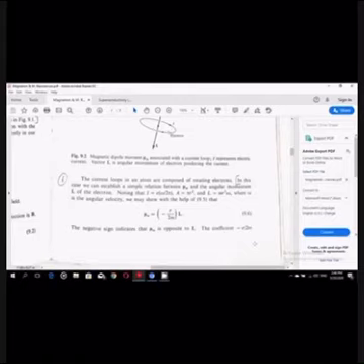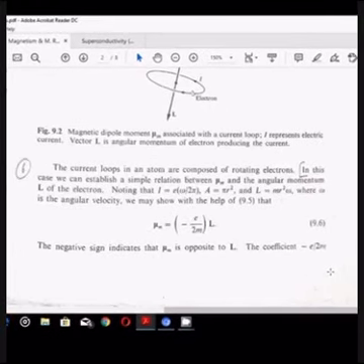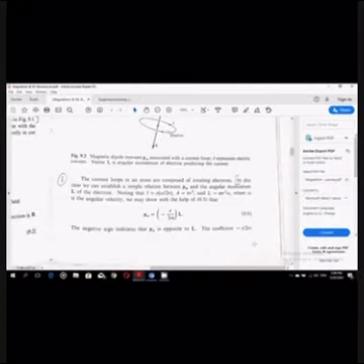In this case, we can establish a simple relation between μm and the angular momentum L of the electron. Noting that the current is e into omega over 2 pi, the area of the loop is equal to pi r square, and the